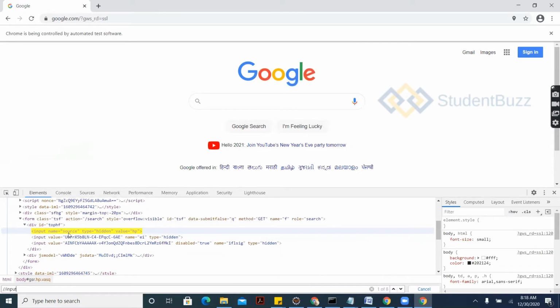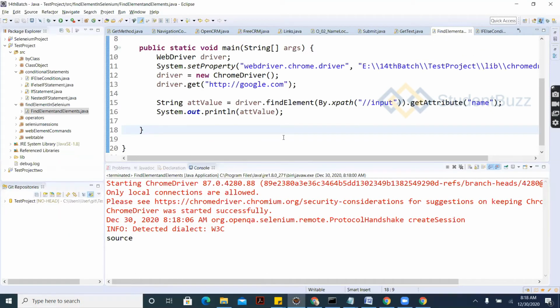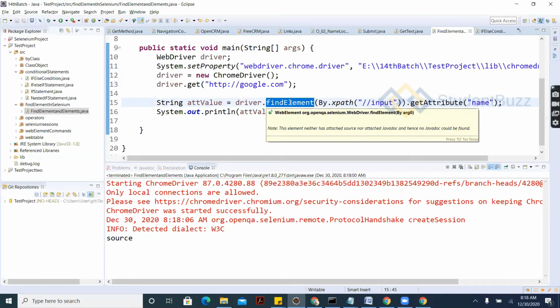So guys, what I'm trying to show you, are you getting the point? Find element returns the single element. Even if your XPath shows multiple results, find element returns the first element, which is source in this particular DOM.